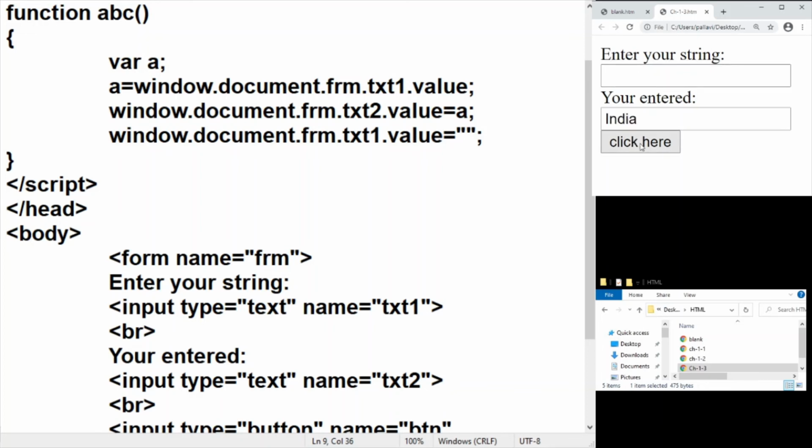So now what you can do is you can create one more button and create one more function. And when I click the second button, it should actually call that second function and transfer the value from here to the first text box. So you will have two buttons to work with. First copies the first text box to the second one, and the second button copies the second text box value to the first one.